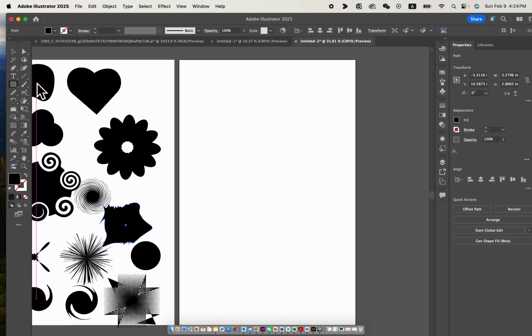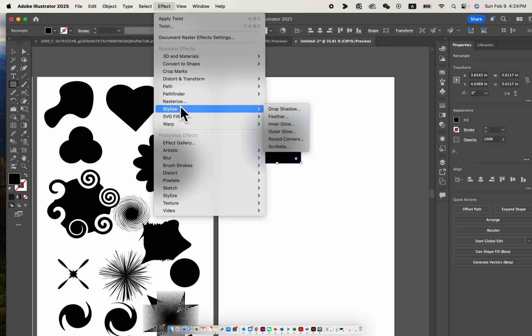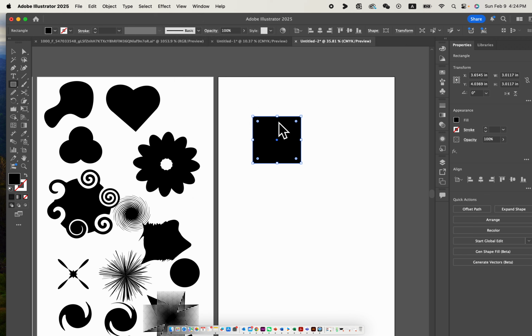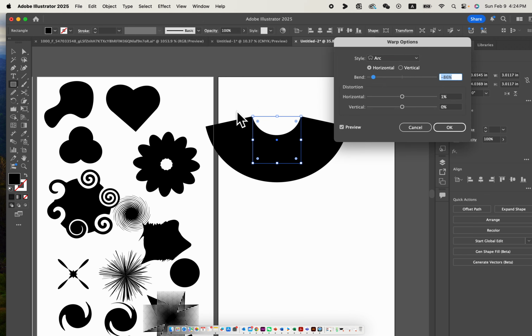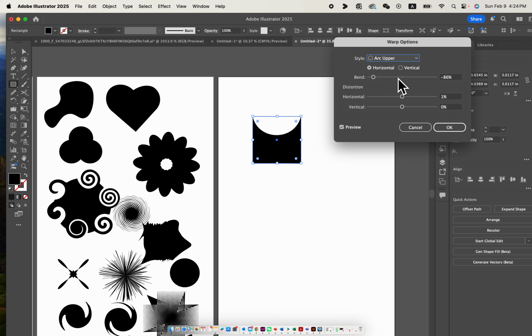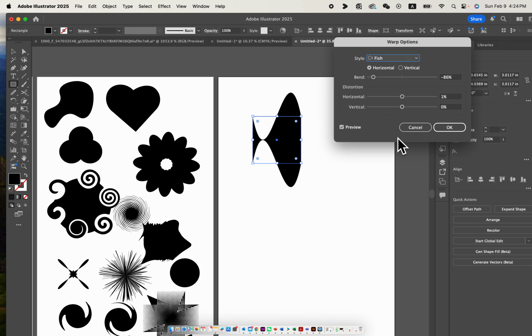Okay, so now let's try another list. You can try the Warp, right? So let's select the first one. You can see it changed my square into an arc. So if it's Arc Lower, let's try Arc Upper, Arch, right? Arch, Shell Lower, Shell Upper, Flag, right? You can see it gives you Fish, right? It gives you different types of outcomes, and you can also change the value of